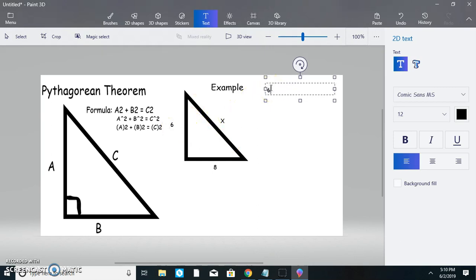So we would have 6 squared plus B squared, which is B here, and 8 is represented by B. So B squared equals X, which would represent C, X squared. Now, when solving the problem, I'm sorry, you can adjust the size too so that